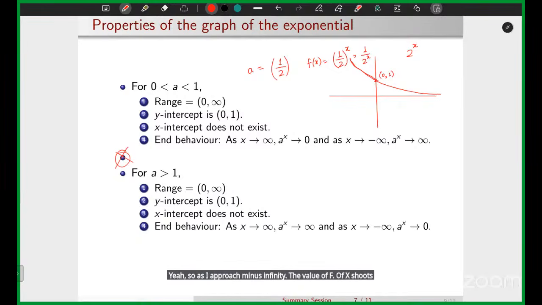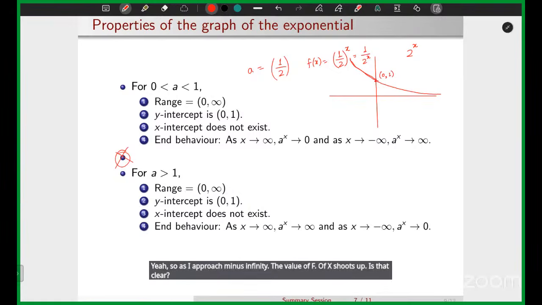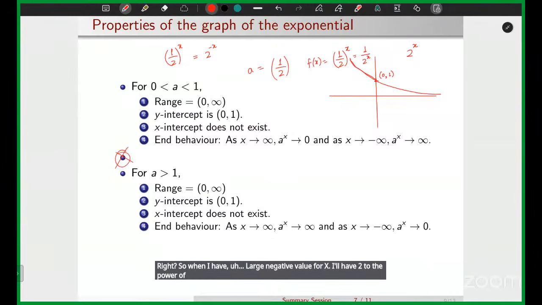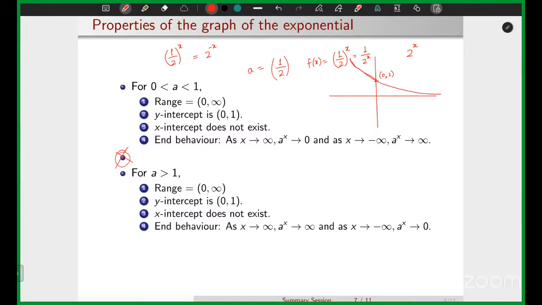Is that clear? Because half to the x, I can also write as 2 to the minus x, right? So when I have a large negative value for x, I'll have 2 to the power of something very large. And 2 to the power of something very large is very large,